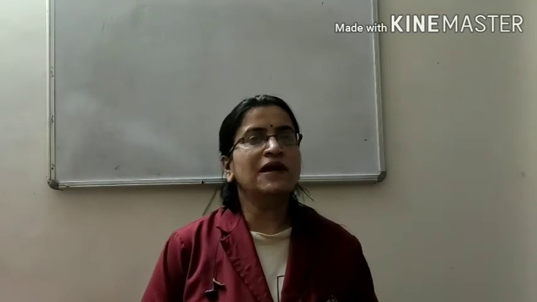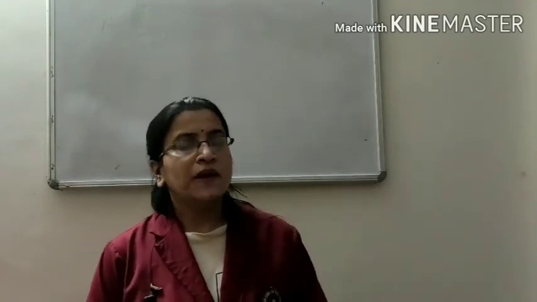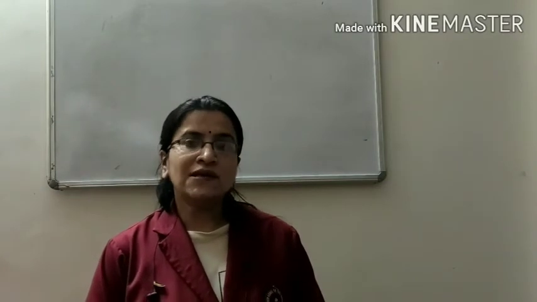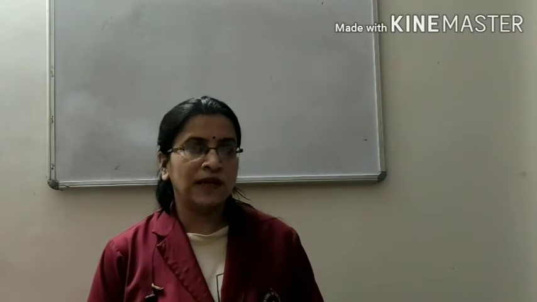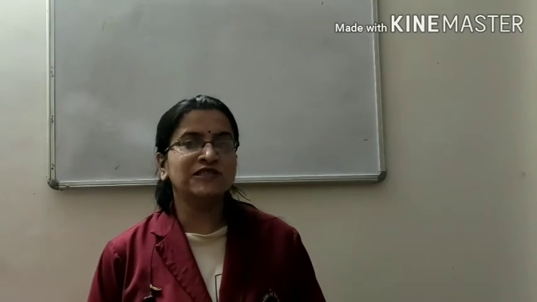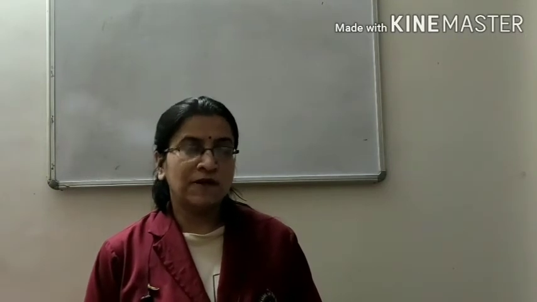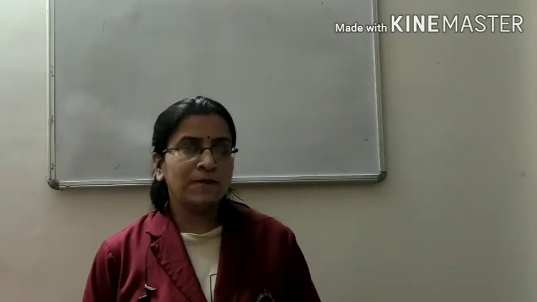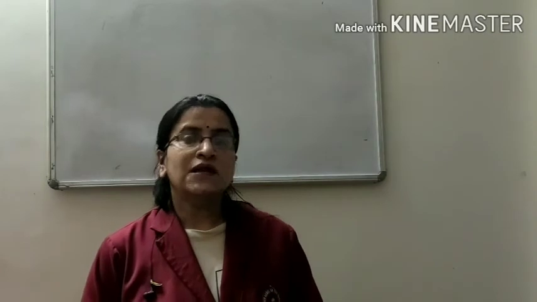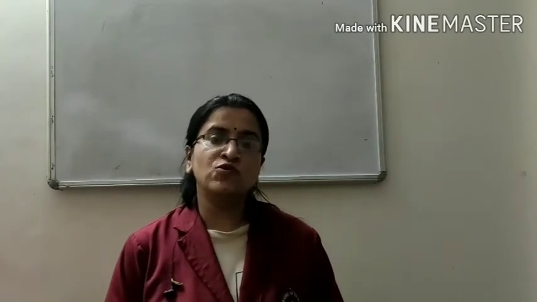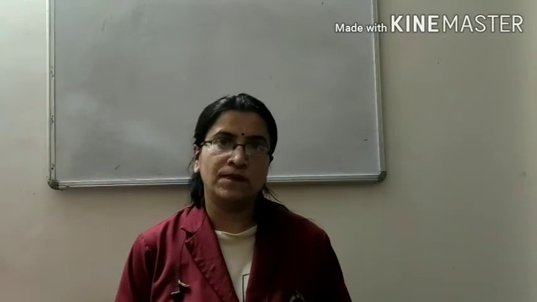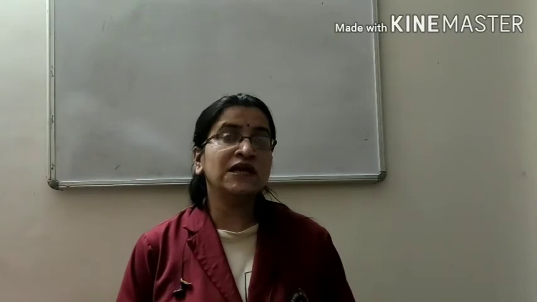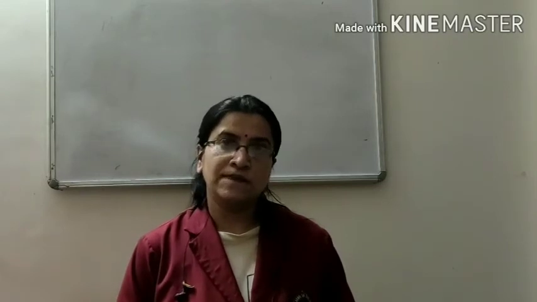So what is this metallic conductor? Metallic conductors are those conductors which allow electric current to pass through them without any chemical change. For example, passing of current through aluminum wire or copper wire. Here, the transfer of current takes place due to transfer of electrons. The conductivity of a metallic conductor decreases with increase of temperature.